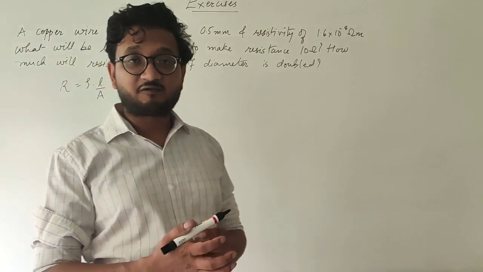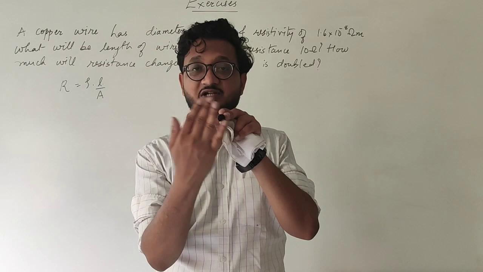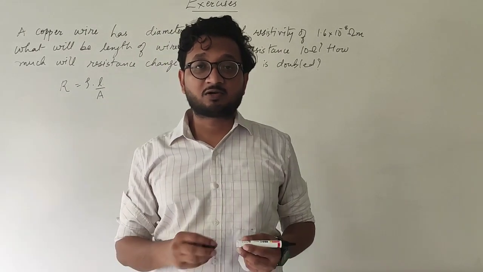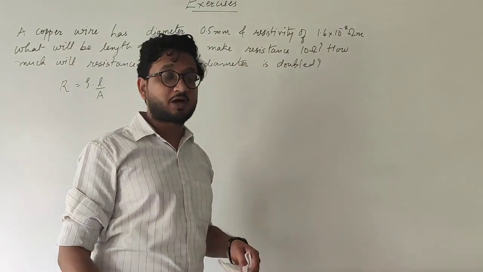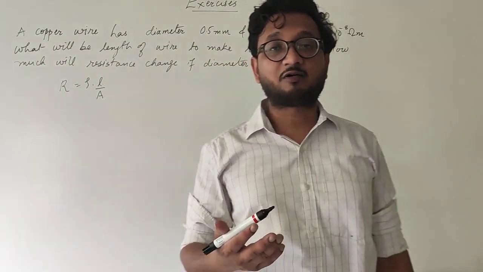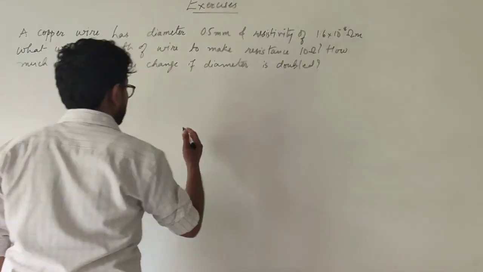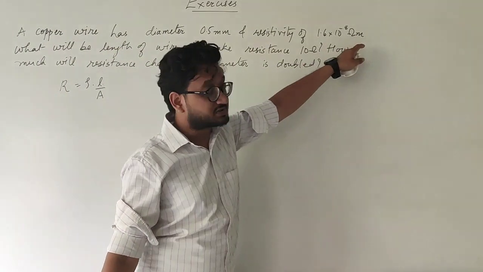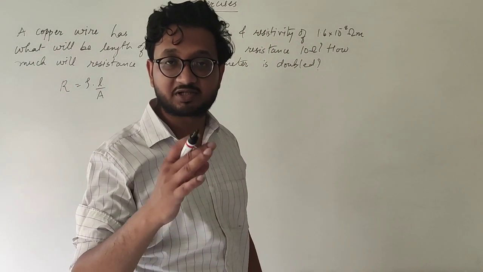So area of a wire. Now wire is basically a cylindrical shape. So if you see the cross section area like this marker over here, you will see that it is a circular shape. So circular shape has the area, that is pi r square. That is why you have been given the diameter, and diameter is the double of radius. So all you need to do is first of all find the radius. Also remember that the resistivity is given in meters and we have over here millimeters.